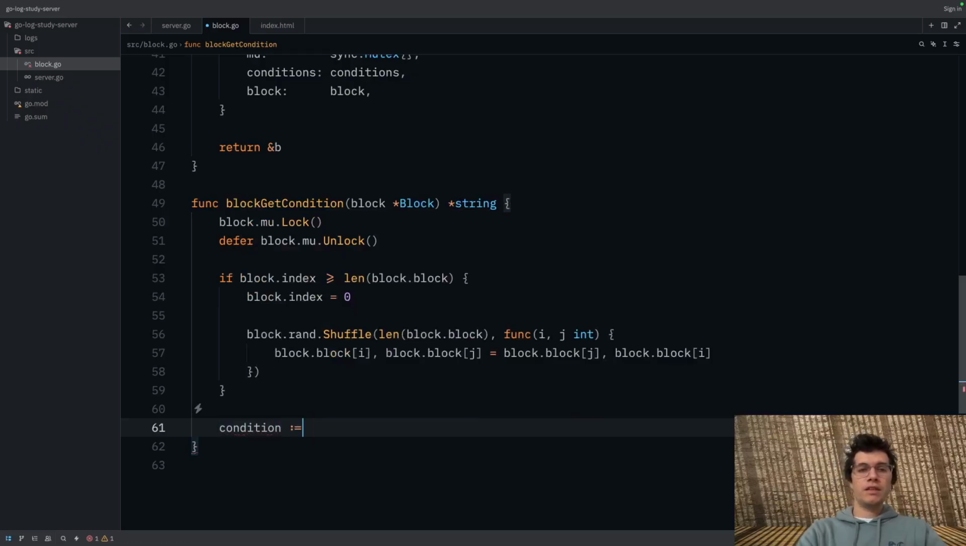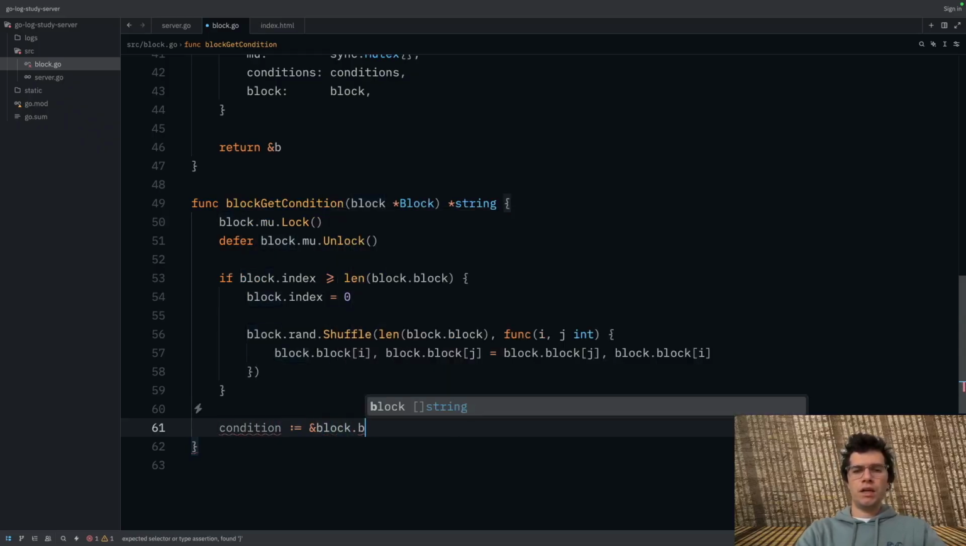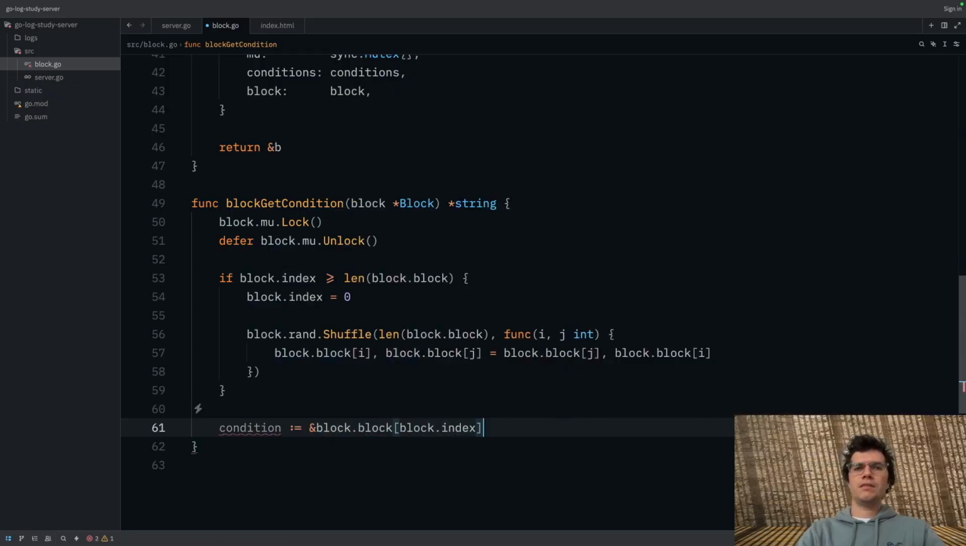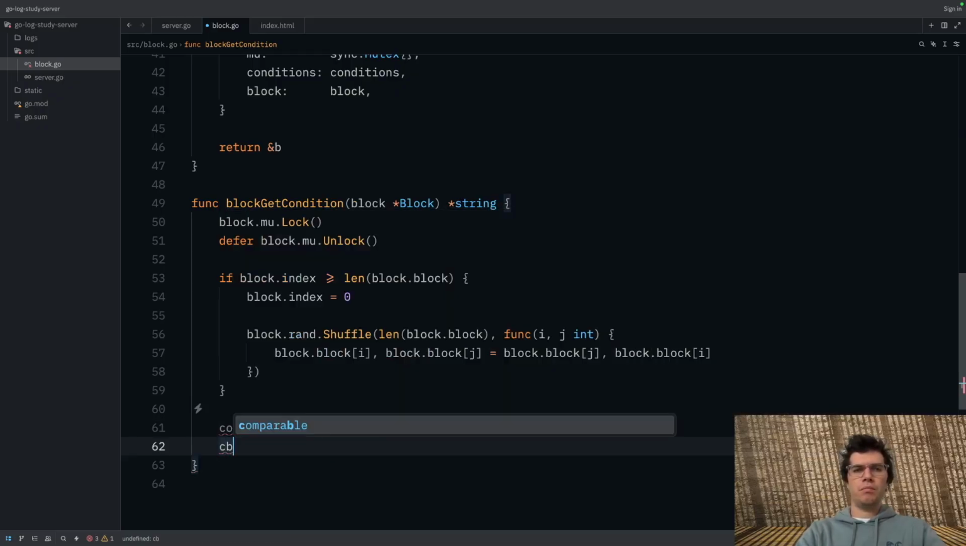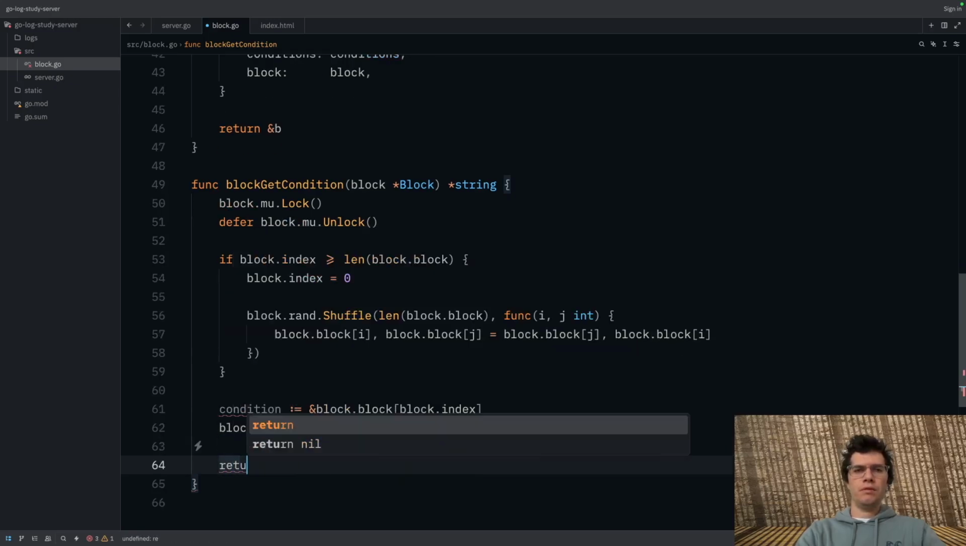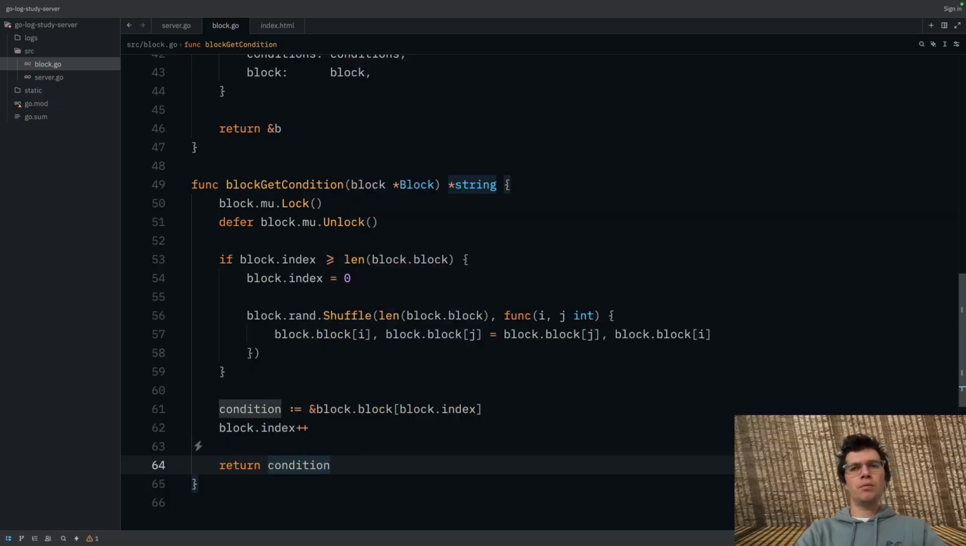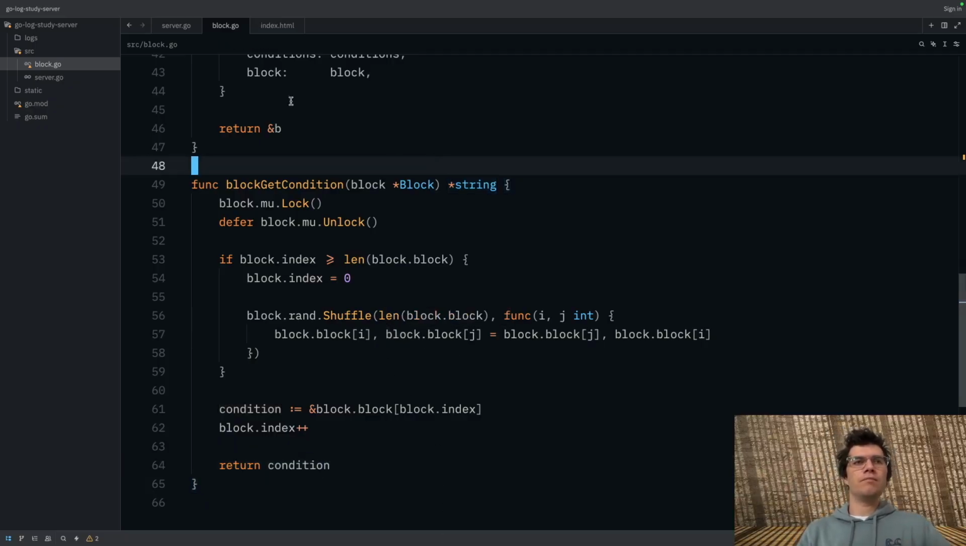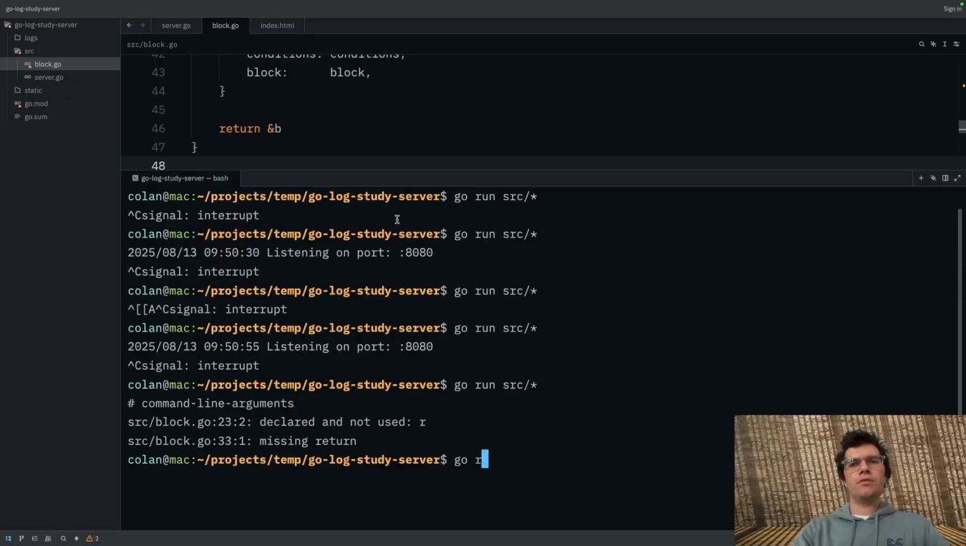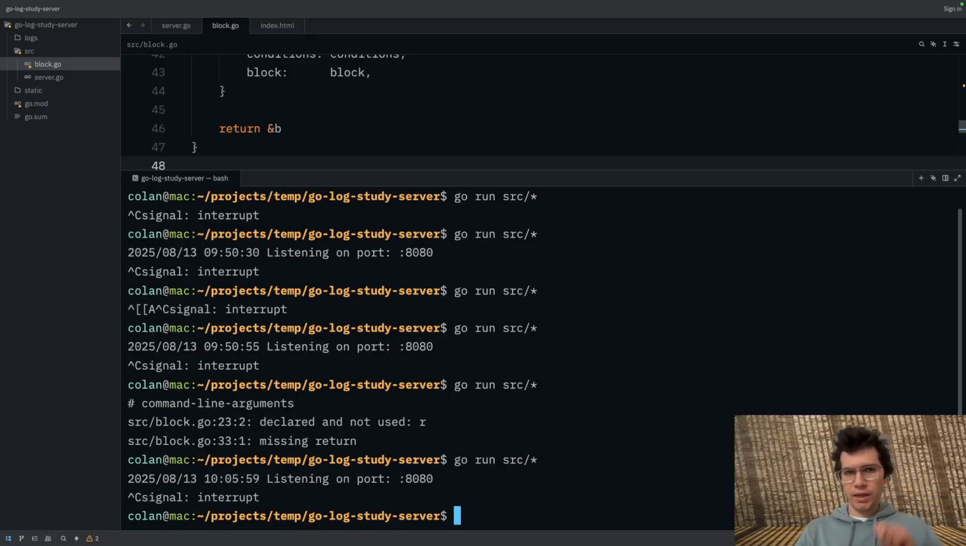So now we get the condition, block.block.index, right? Then we do block.index plus plus, and then we can return the condition. And so I hope when you see all this, what you realize is block randomization is a complex sounding name for something that is outrageously simple. Okay, so now if we do go run src go, everything is working in theory,